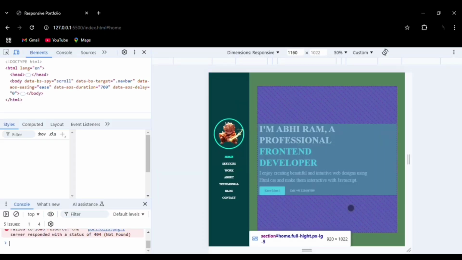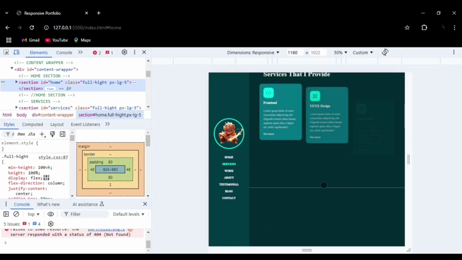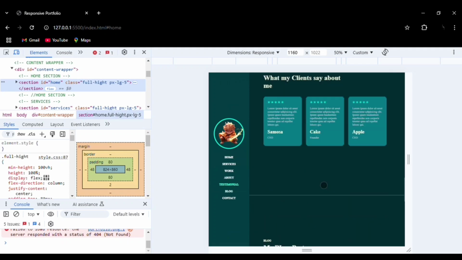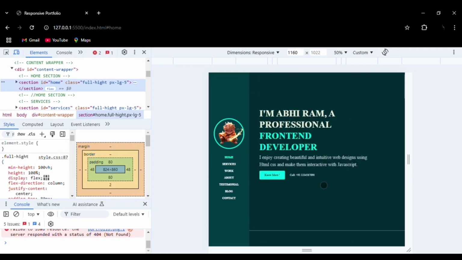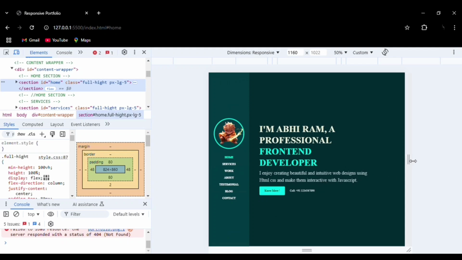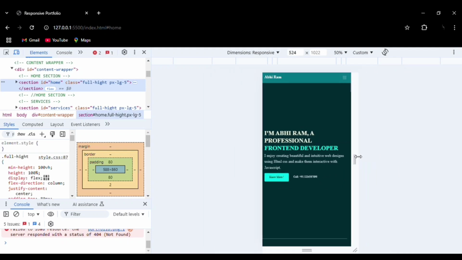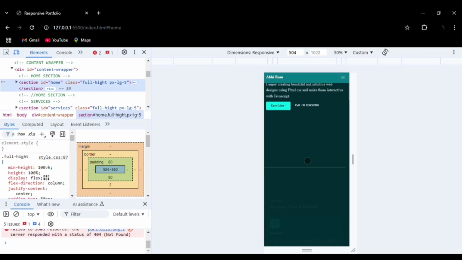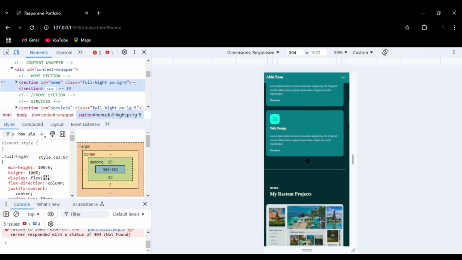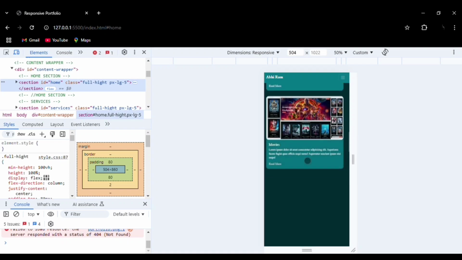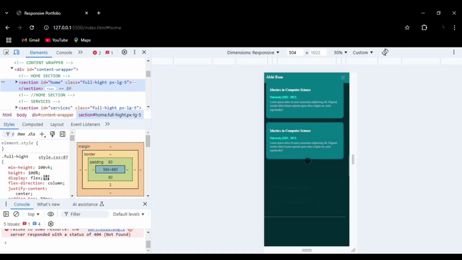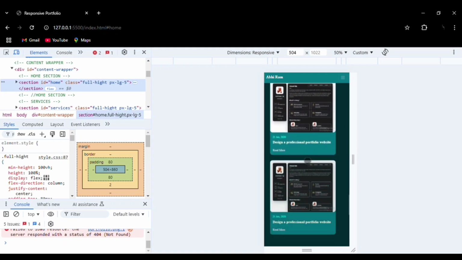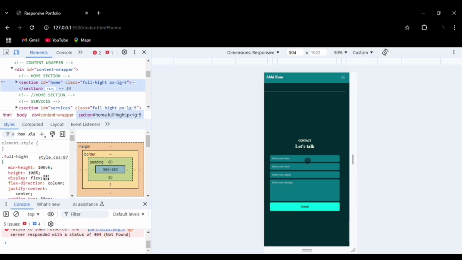So as you've seen before, this is the desktop version, and now we will go to the mobile version of this website. This is the mobile version of the website. You can see the smooth animation transition effects. You can see how they have adjusted to the size of the mobile version. This is one of the Chrome browser features, the inspect feature, which allows us to view our websites in all types of